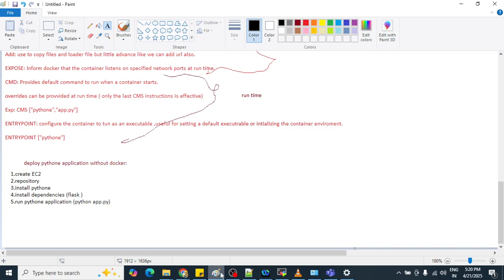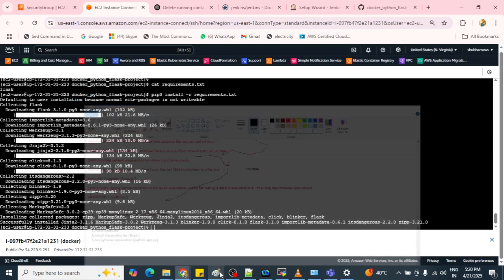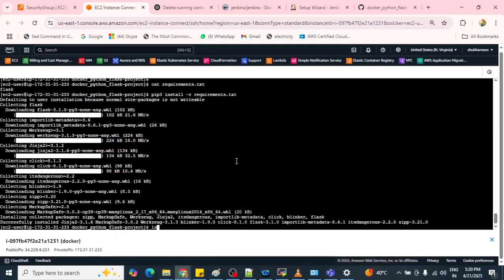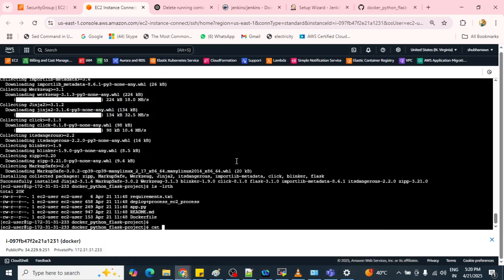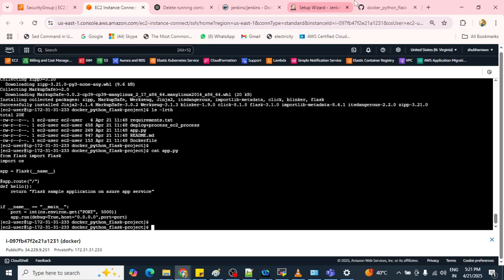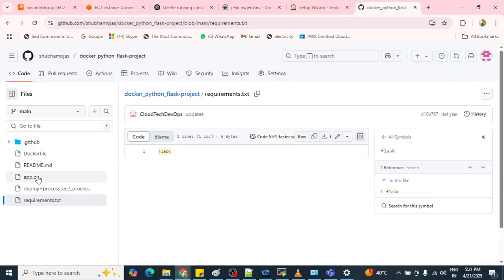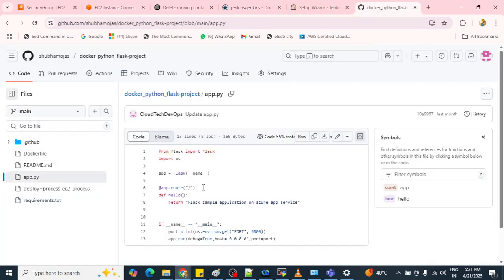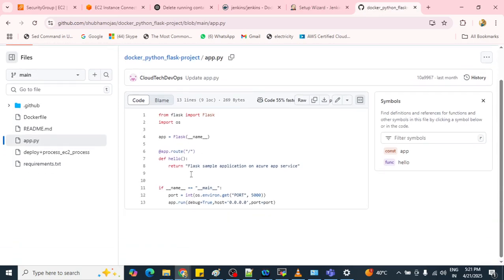Now if we need to run that application, how are we going to run this? See this, cat app.py. You can see this. This app.py, I have given some text like Flask sample application for Azure App Services.